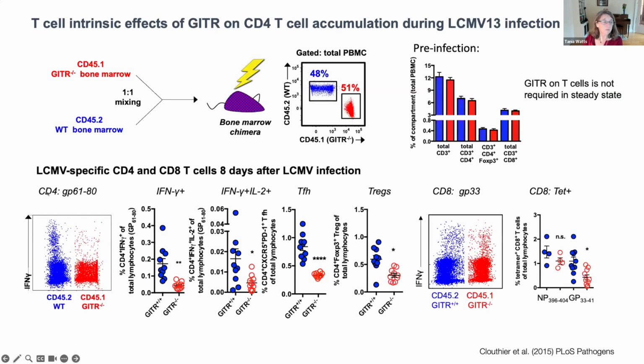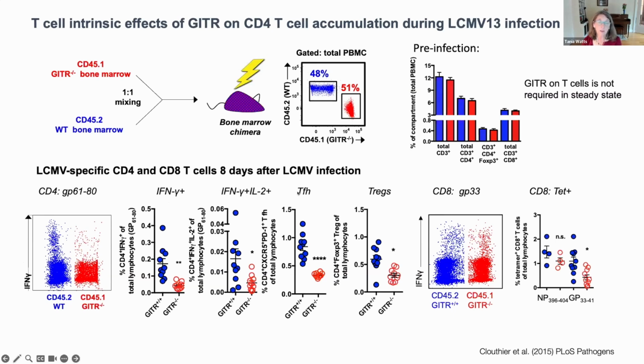Here we're doing a re-stimulation with an immunodominant CD4 T cell epitope, GP61 to 80. And here we're looking at interferon gamma producing cells, with each dot a cell. What you can immediately see is the vast majority of the immune response is coming from the wild type and not the knockout. And this was true if we looked at interferon gamma producing cells, and cells making IL-2 and